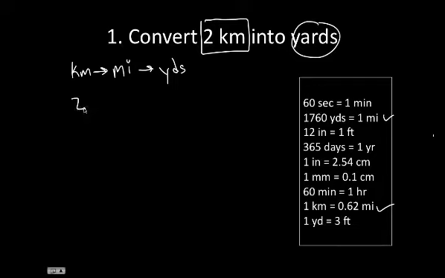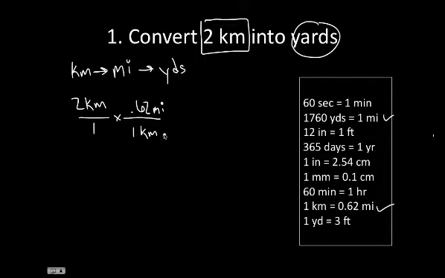I just need to set up 2 kilometers. I'm going to put it over 1 as a placeholder. I know I'm going to multiply next as I convert from kilometers into miles. I'm going to go back to this relationship. I'm looking to get rid of kilometers, so I'm going to put 1 kilometer on the bottom and 0.62 miles